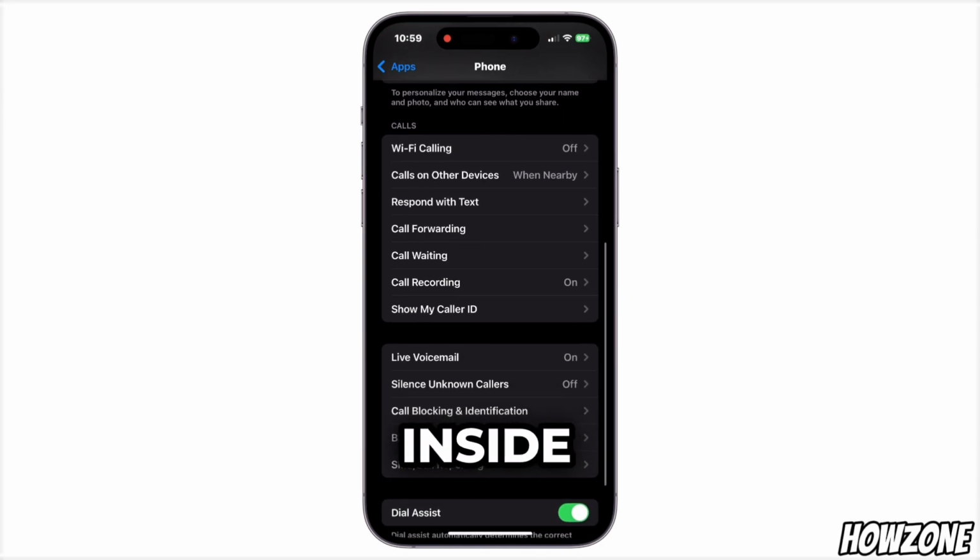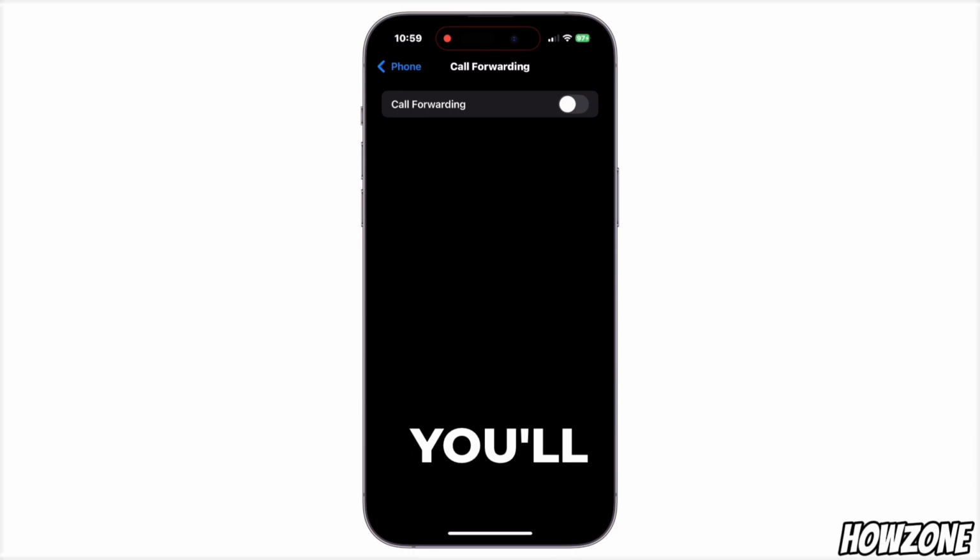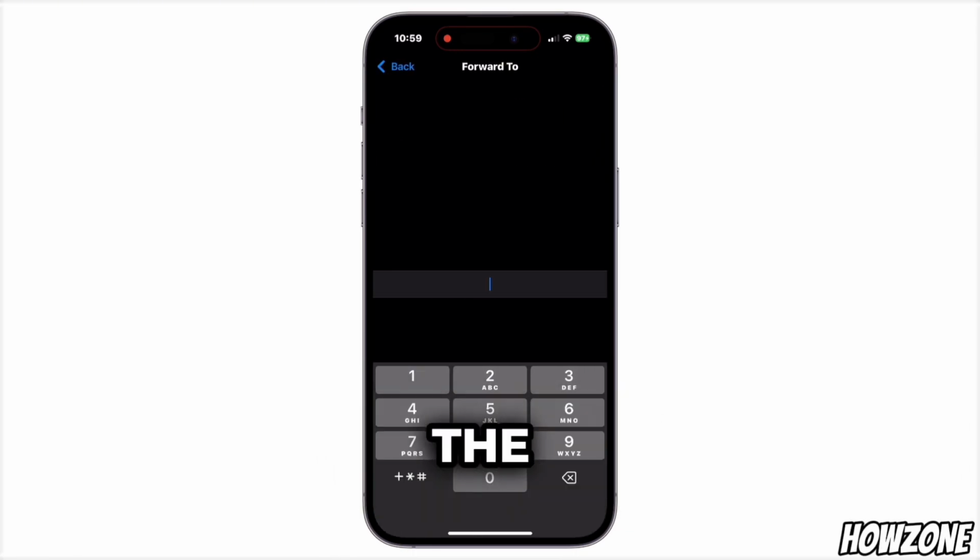Once inside, toggle the switch to enable call forwarding. After enabling it, you'll see a field to enter the number where you want your calls forwarded. Type in the full phone number, including area code, carefully. Once the number is entered, go back to the previous screen to make sure the toggle remains green, indicating that